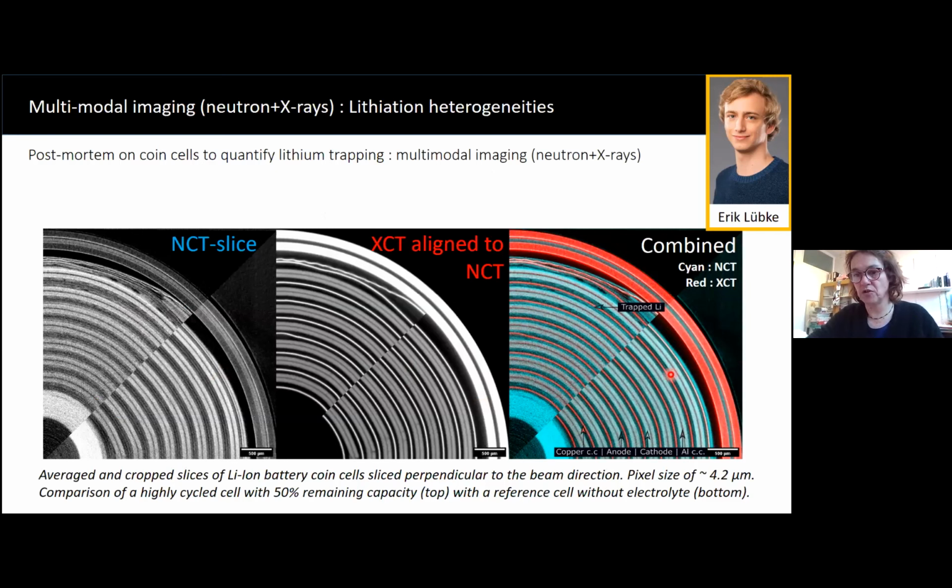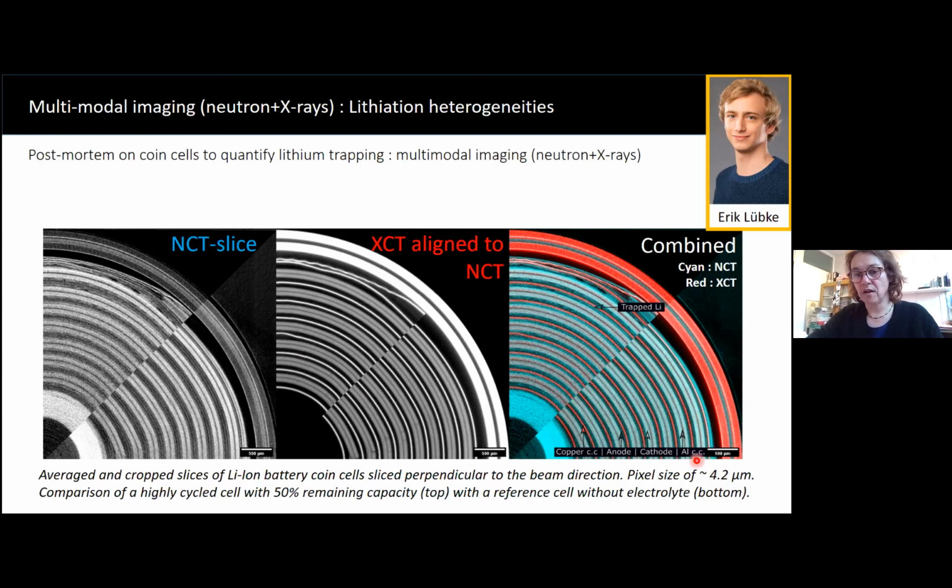In particular, you see the very thin lines correspond to the current collectors, the copper current collector here, and the aluminum nearby, while the cyan color is related to neutron data and therefore to basically lithium in the materials. And there are two batteries shown here. This one here is a pristine battery, and the other one on top is the battery after 700 cycles,